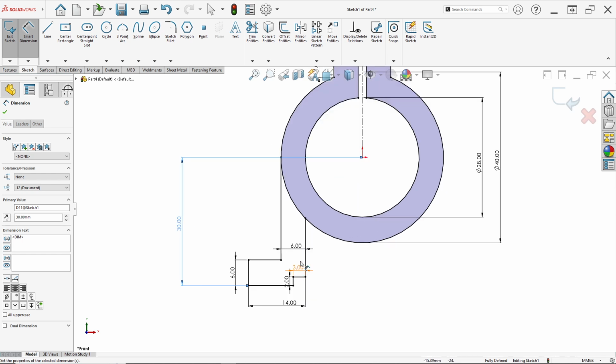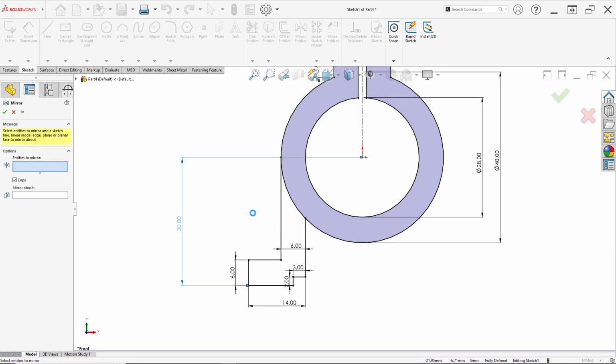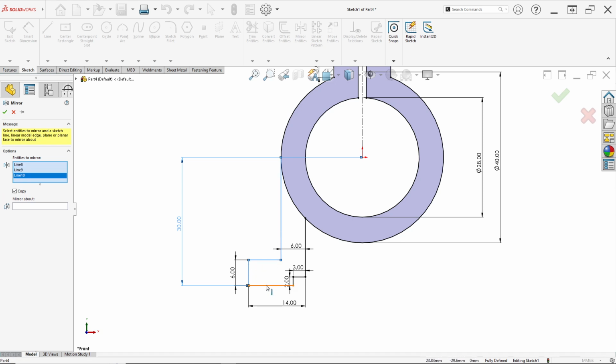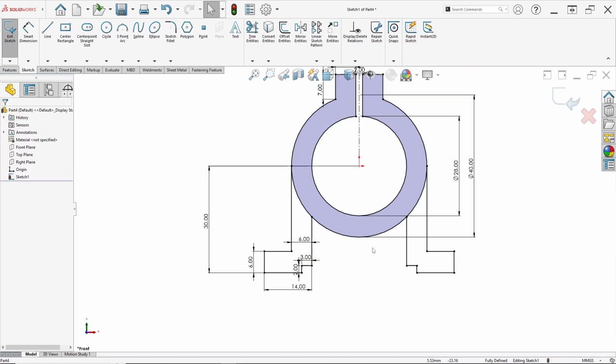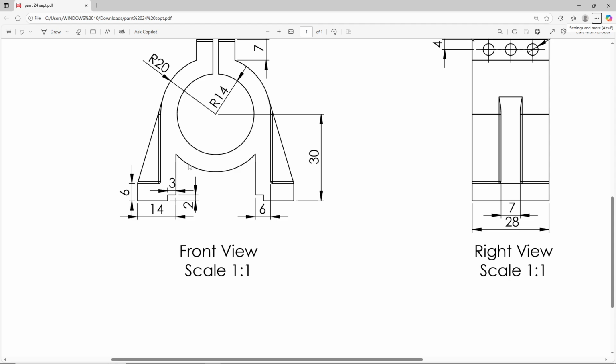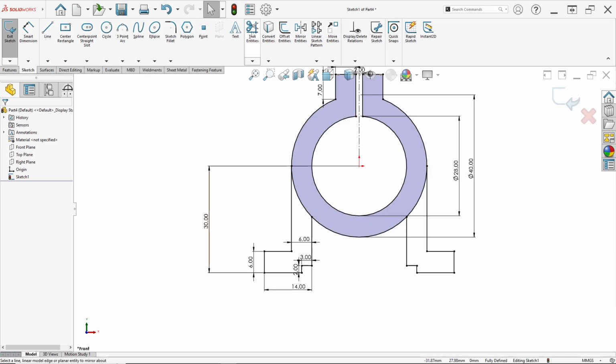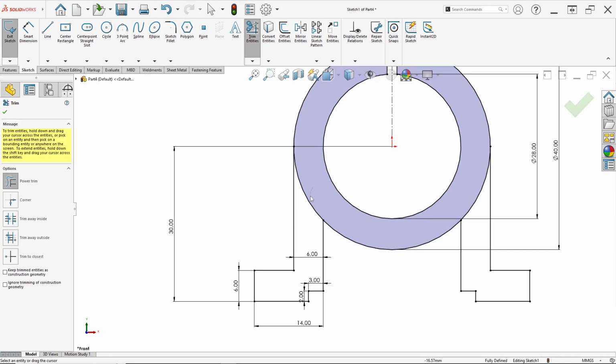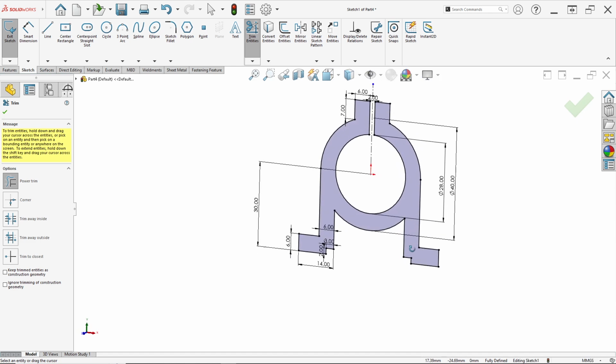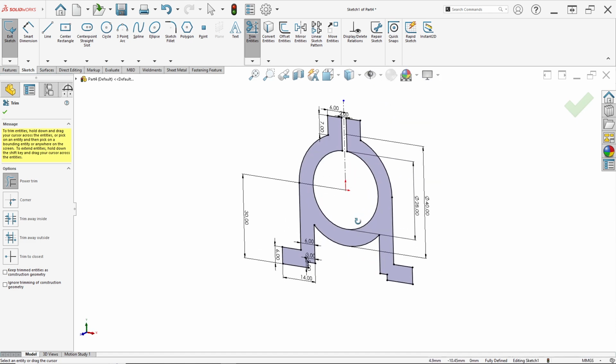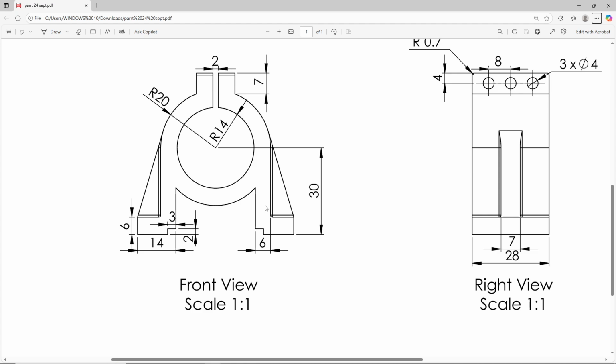After we make the sketch like this, click mirror entities again and edit the mirror. Click this line, this line, this line, this line, this line, this line, and the last is this line. For mirror about, click this center line. Click OK and done. It's so simple. We can erase this line: use trim entities to erase this line and this line. Okay, we can see it's a simple sketch from the front view like this.